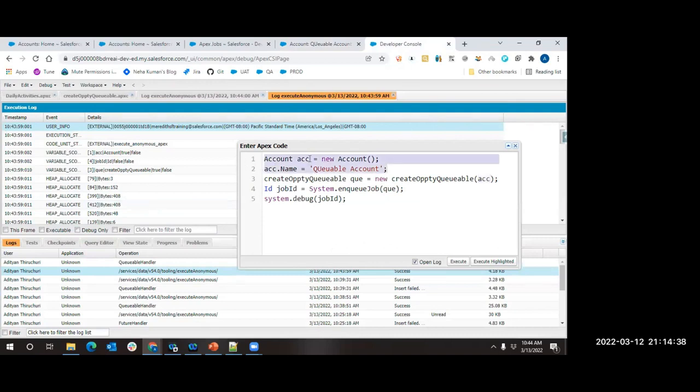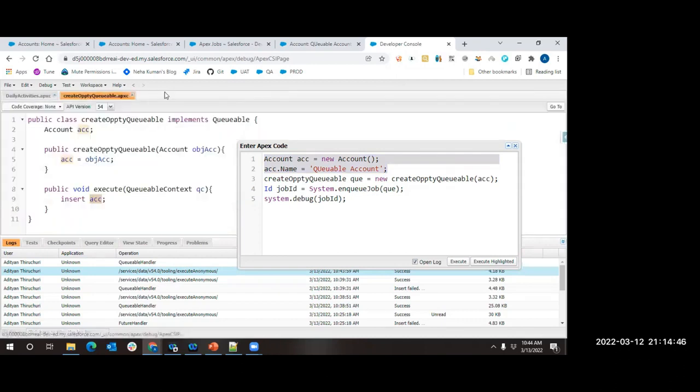We are just trying to create one instance, initialize it, and have our instance ready with all the fields holding the corresponding values. But where did the DML actually happen? The actual DML happened inside a queueable class. Then how did it happen? Because we are passing it as a parameter. To which method are we passing it? We have created a parameterized constructor, and while doing the initialization we are sending our parameter. Once we send a parameter, the constructor assigns the parameter received to a class level variable.